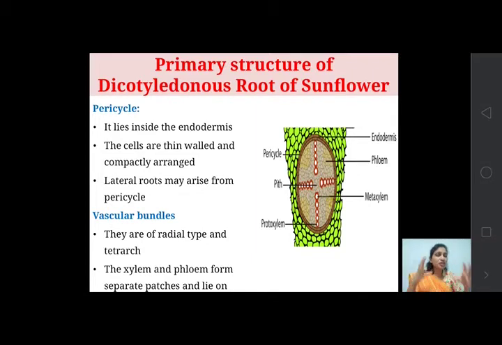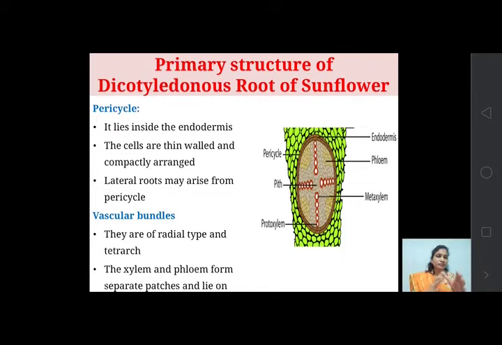This arrangement, when xylem and phloem are present together, forms vascular bundles. So there is a specific arrangement of xylem and phloem tissues in the vascular bundles, and on the basis of this arrangement, these vascular bundles are of various types. We have to differentiate the stem and the root on the basis of these types of vascular bundles. So let's see what type of vascular bundles are present in the root.